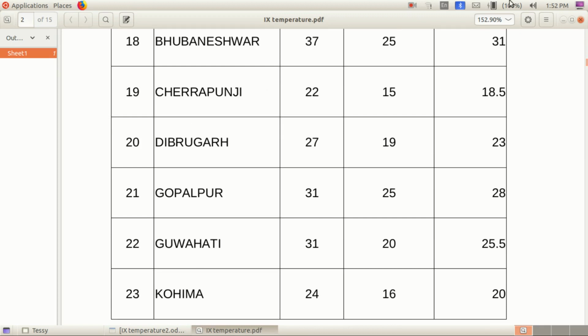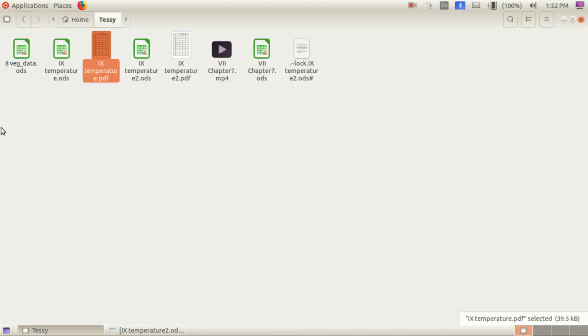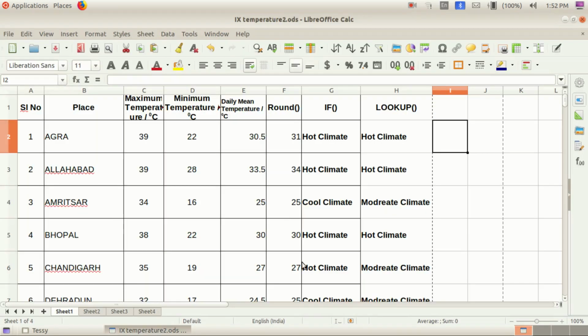Okay, can't edit it. These are the specialities of the PDF. Look here now. This is the PDF file and this is the temperature 2.ods also. This is our Excel file. Sorry, Calc file. Here we can make changes and do anything. Okay, this is the Calc file.